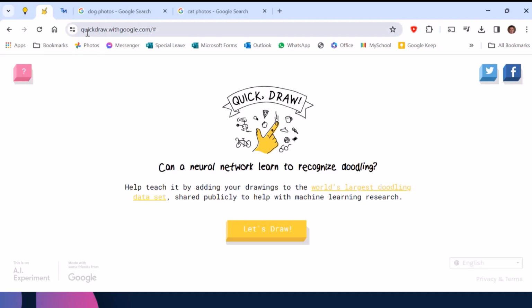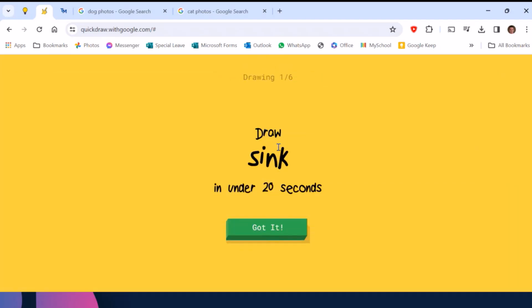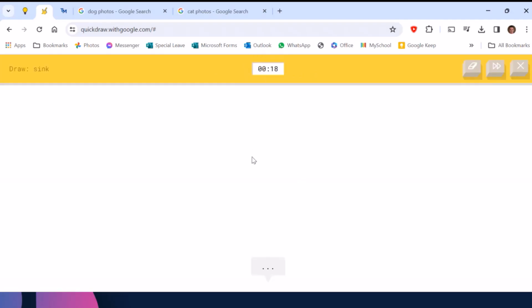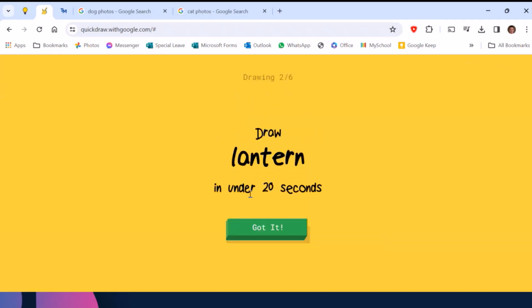So this is the website, quickdraw.withgoogle.com. If you click on the Let's Draw button here, it will start this game. It will show you a prompt of an object that it wants you to draw or doodle on the screen. And it will try to guess the object that you are drawing. It will then bring out another object, and you try to draw this object on the screen.